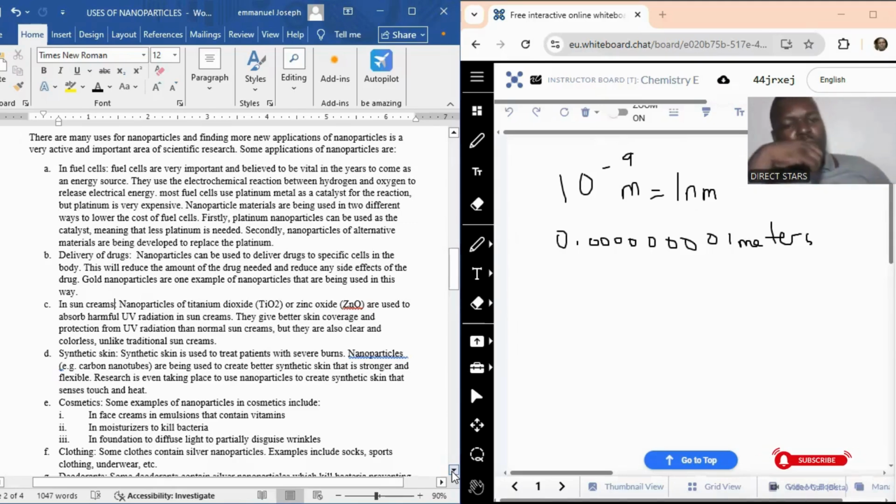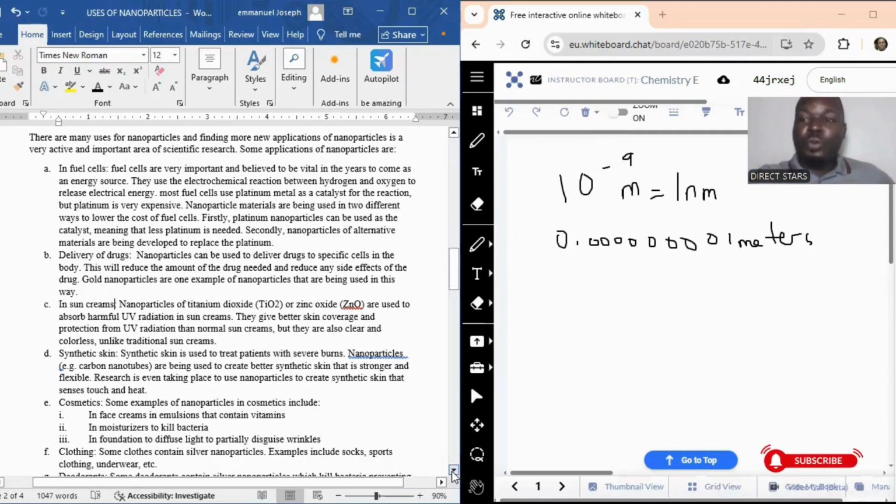Nanoparticles will give a better coverage because of their tiny sizes. So they spread more, they cover more area than the regular titanium oxide or zinc oxide. So they give better skin coverage. Just take, for example, trying to cover a particular area with gravel stones and with powder. Which of these materials will cover more area? Of course, the powder will have more coverage than the